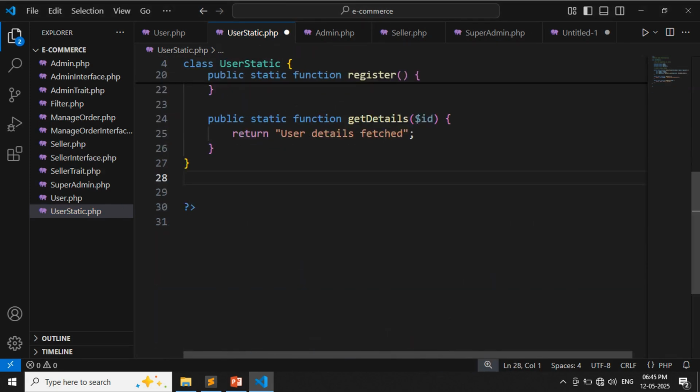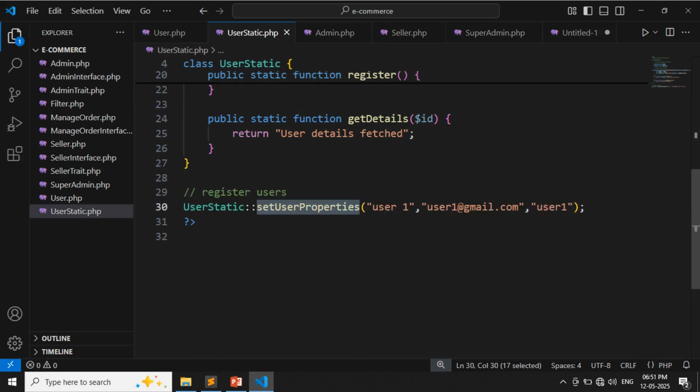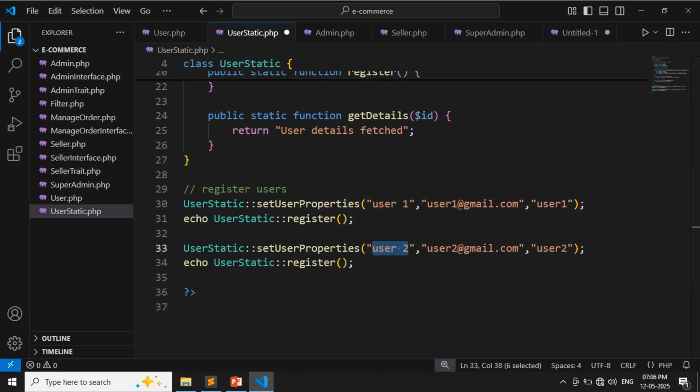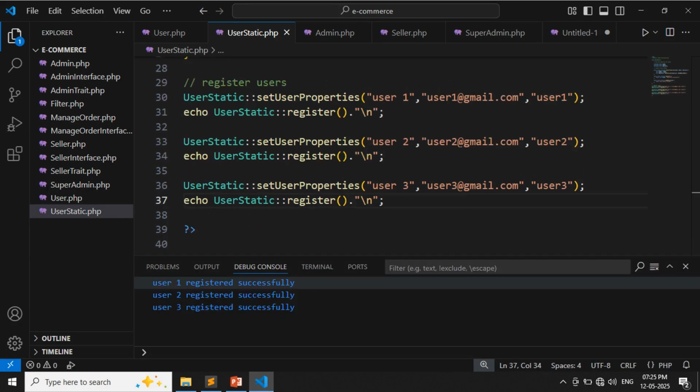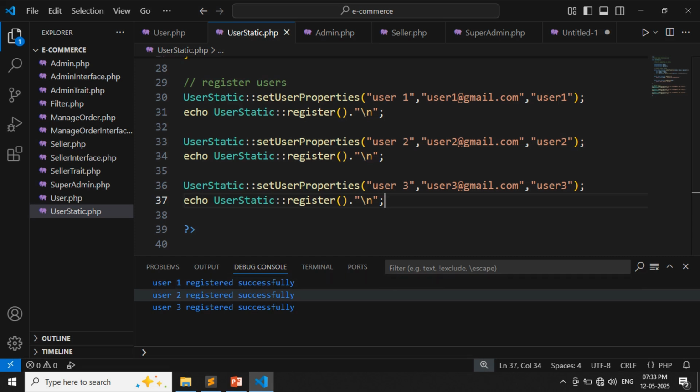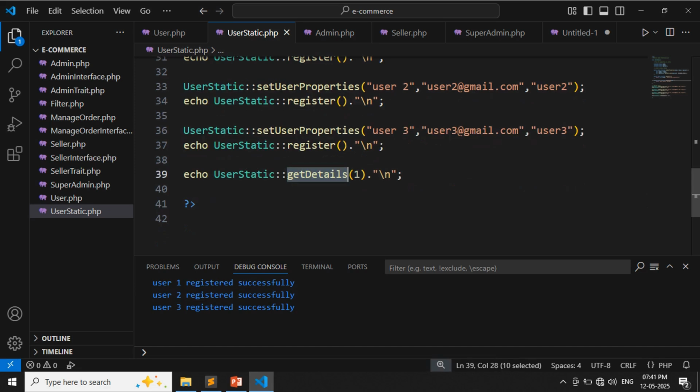Now, outside the class, we register users by calling setUserProperties method and then register method. We do this for user 1, user 2, and user 3. Initially, the output may seem correct. We see user 1 registered, user 2 registered. Now, if we try to retrieve user details using the static getDetails method, we will